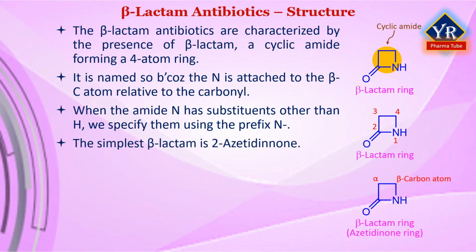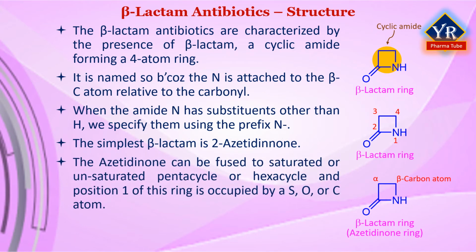The simplest beta-lactam possible is 2-azetidinone, and this is the contemporary name for the beta-lactam ring system. Thus, in other words, they are characterized by the presence of an azetidinone nucleus containing the carbonyl beta-lactam. Beta-lactams represent one of the most important groups of antibiotics prescribed for antibacterial treatment today.